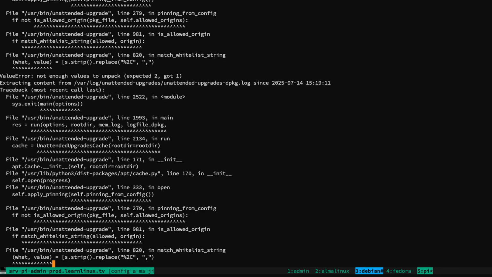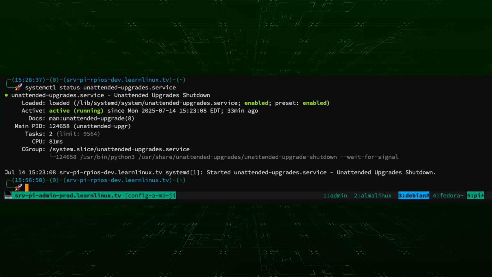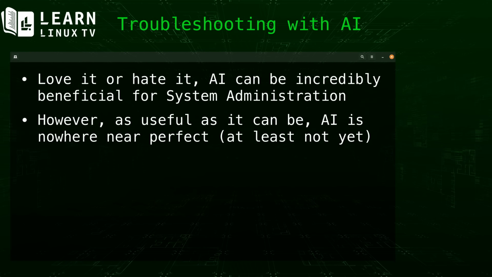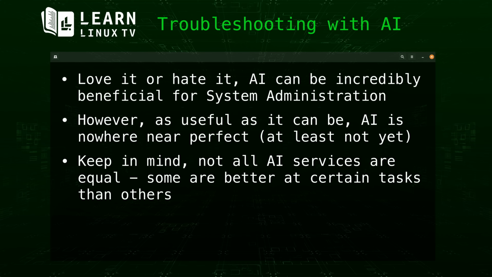After that, I was curious if another chat agent would give me a better answer, so I asked Claude AI the exact same question. And this time, the information that I received was not only correct, but it worked perfectly. And that leads right into another important thing to consider, that not all chat agents are created equally. In fact, some will work better in certain situations than others. Personally, I use both ChatGPT and Claude AI, and I find that their pros and cons pretty much make them equal. And for that reason, I regularly use one to check the other.